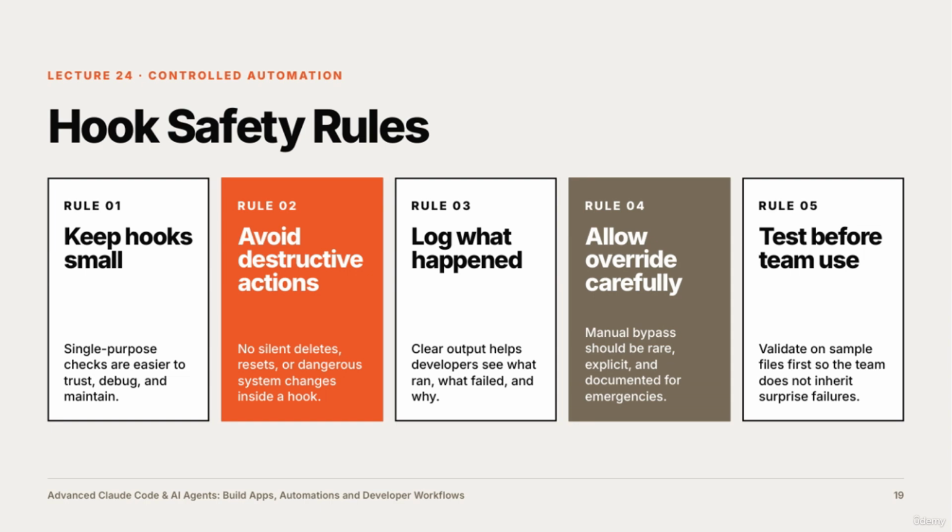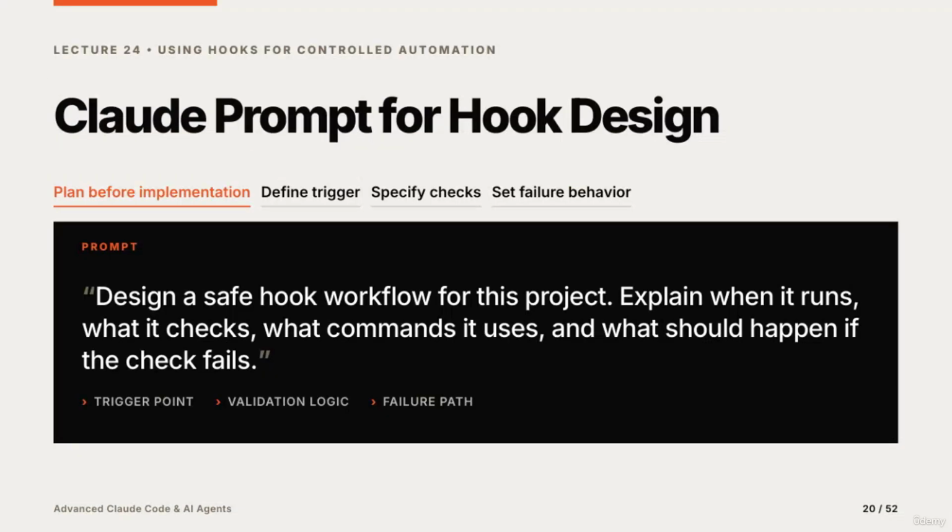of the automation. Finally, test before team use. Validate hooks on sample files first to prevent unexpected failures, and keep the team's workflow smooth and predictable. These rules help us build controlled, reliable automation that developers can work with confidently. Today, we're focusing on using hooks for controlled automation. This approach helps ensure that automation tasks happen exactly when they should, under the right conditions, and with safeguards in